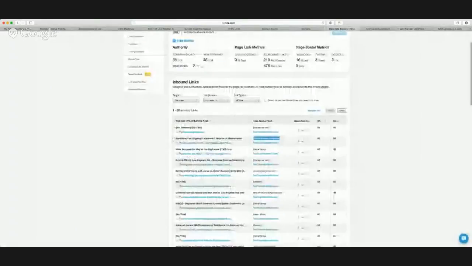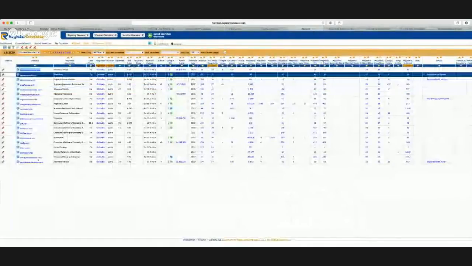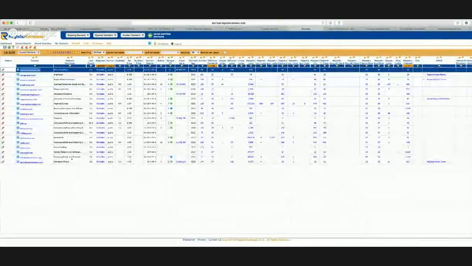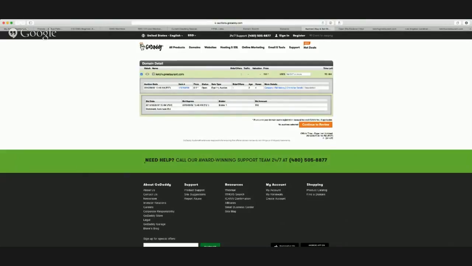So it's a good looking website. DA 35, Trust Flow 35, PA 46. The auction doesn't actually expire for 7 days, but I'm going to put a bid in on it. To do that, we go to domain auction, which forwards us over to auctions at GoDaddy. Okay, I bid $17 or more. I bid $35 on something like that.